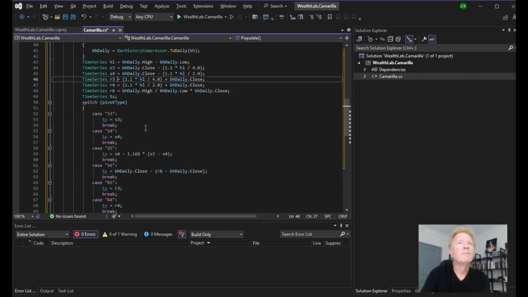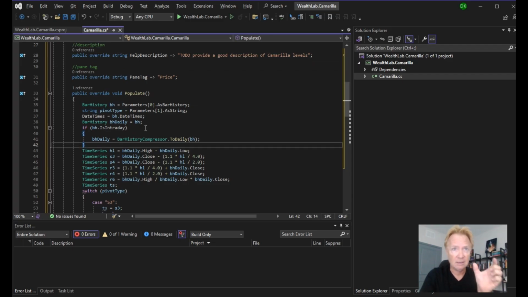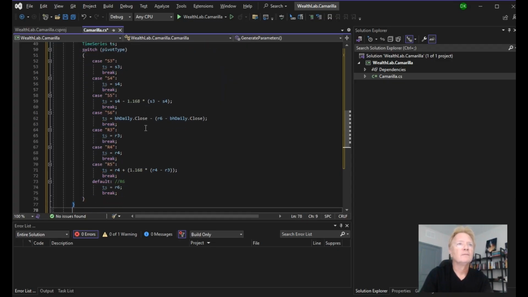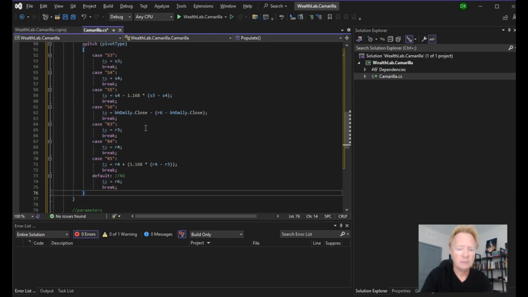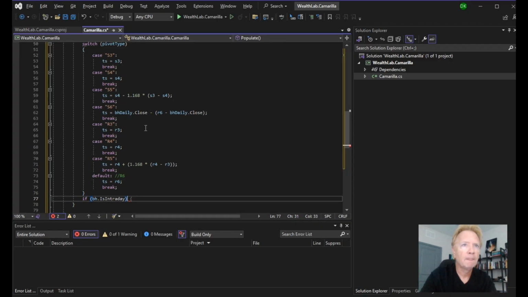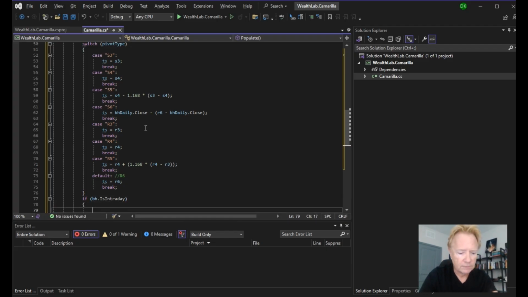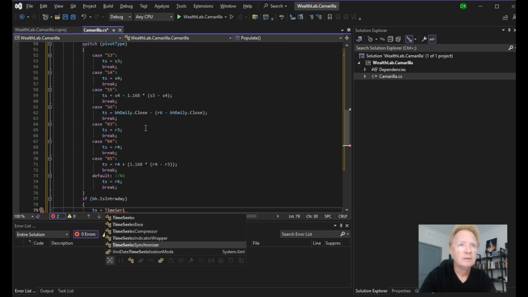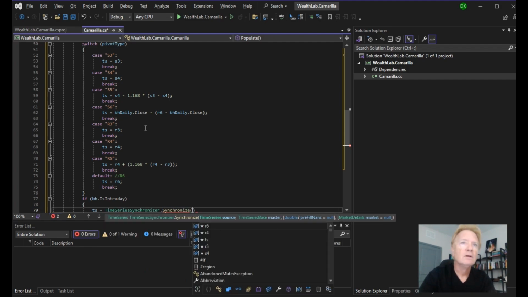So now that we have that, it's possible that this is in daily scale. So we need to expand that back into the intraday scale. So here's how we'll do it. We will say, if we're intraday, we're going to say TS is equal to TimeSeriesSynchronizer.Synchronize. So we're going to synchronize our time series with